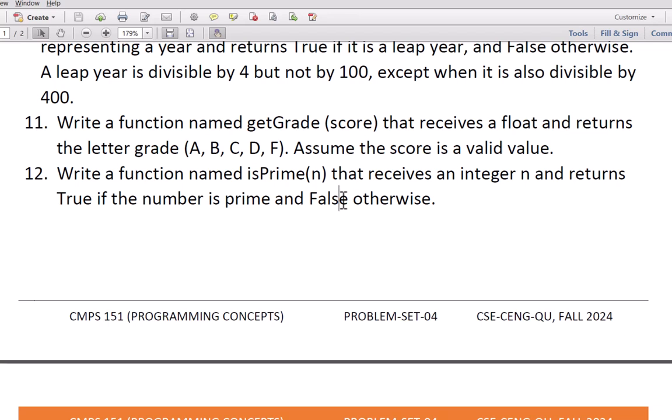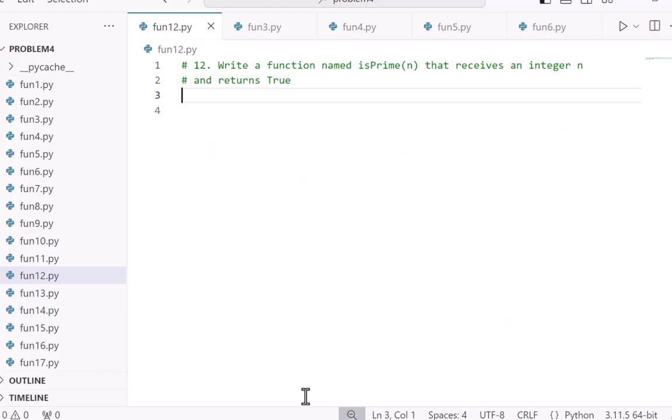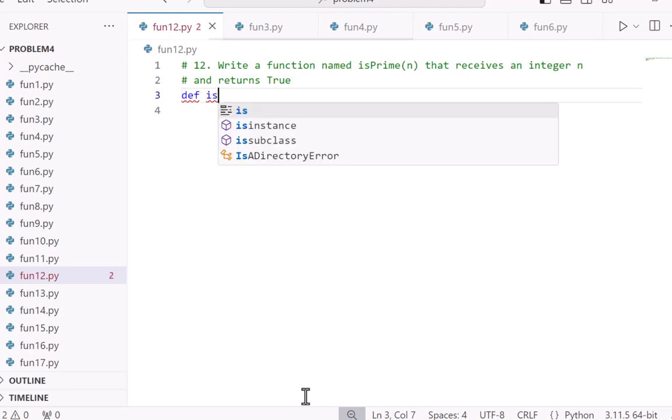If it's divisible by any other number, then it's not a prime number. So what we're going to do? We're going to do this and make sure the number is not divisible by any value. Otherwise, we return false. So def is prime